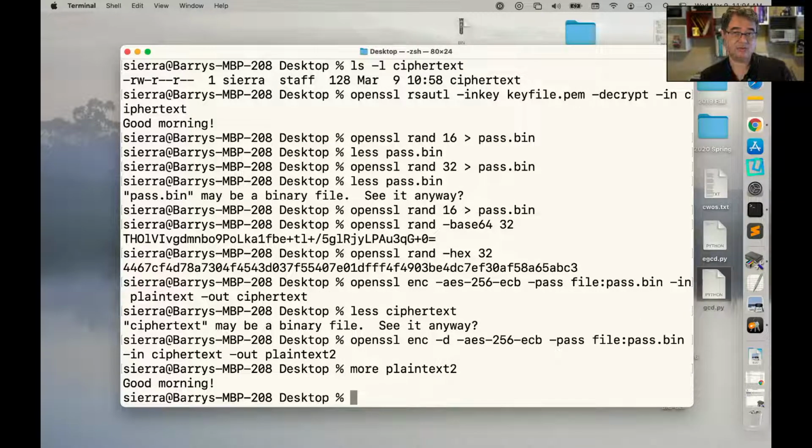So what would happen in reality was we'd actually reverse the order of this whole thing. We would generate a random AES password, write that out to a file, then generate our RSA keys. The other party would be doing the same thing. They would generate their AES password and their keys. We would exchange public keys, so we had each other's public keys, and then we would take those password files